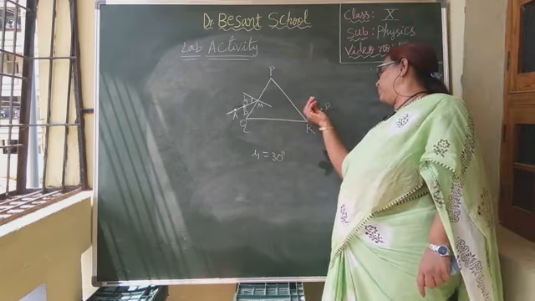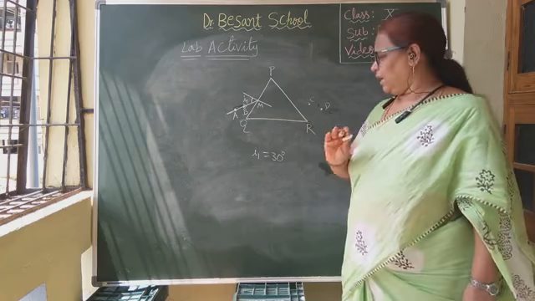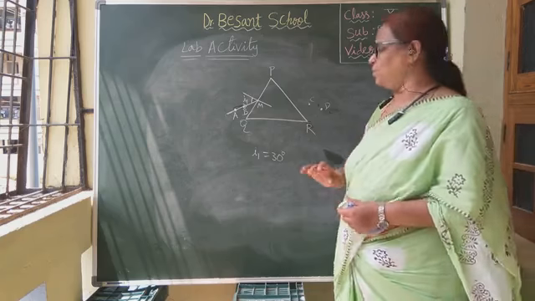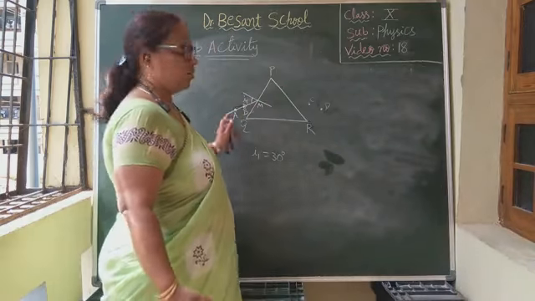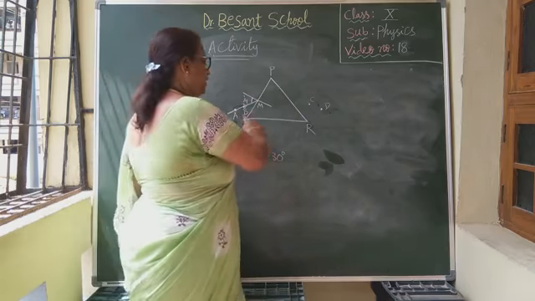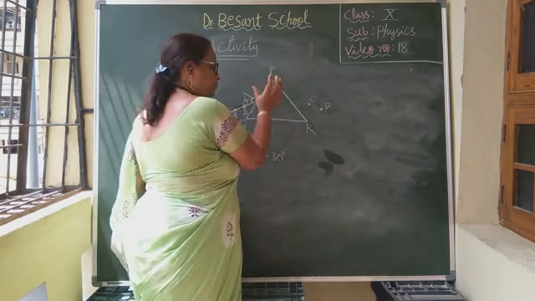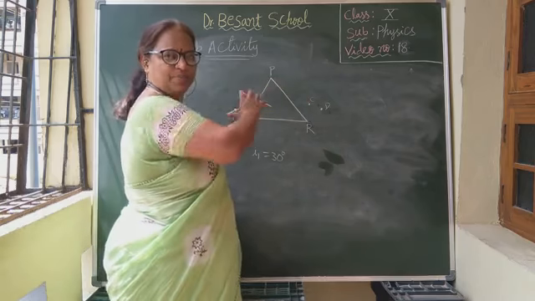Like that, observing those pins, you will fix two more pins, C and D. How will you fix them? First, you have drawn the triangle and removed the prism. Then you have done all this. Again, place the prism in its place, exactly matched and fixed in the boundaries. You should place the prism.